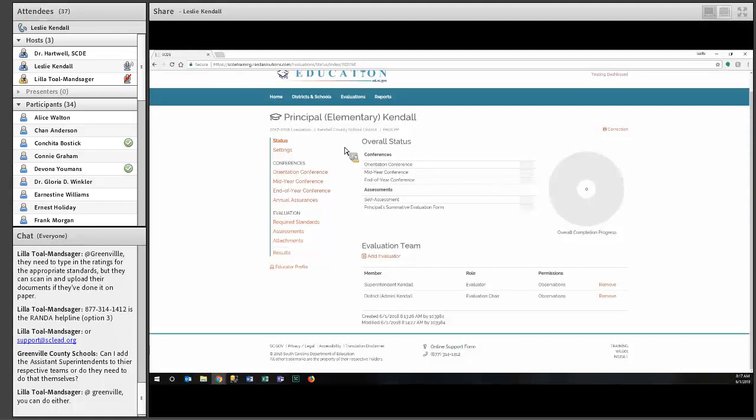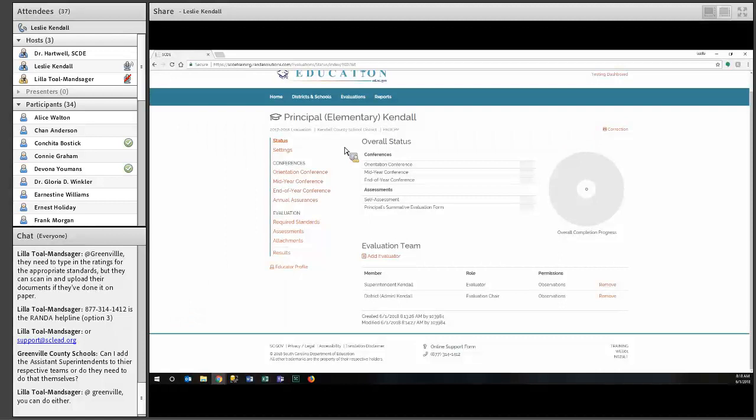Depending if there's more than one evaluator, each evaluator would enter in their own evaluation assessment, and then you would create the evaluation worksheet where you are going to reach a consensus rating for that principal, and then the final assessment worksheet form for that principal, and we'll go through each step of that.